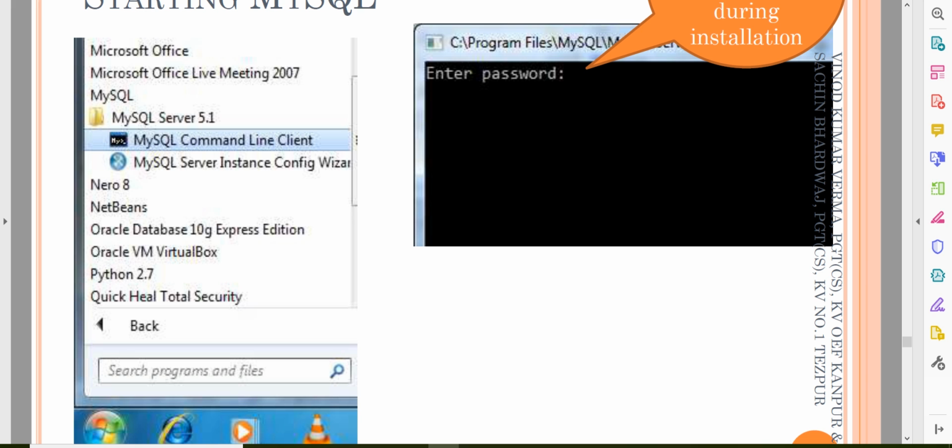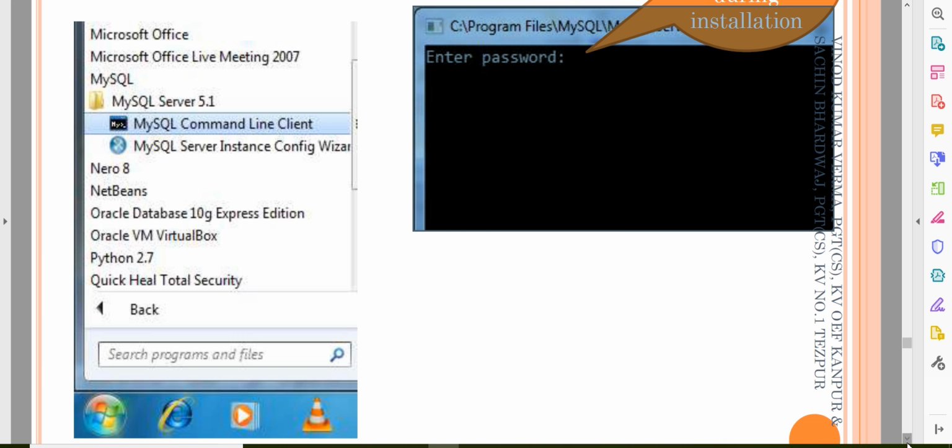But in our MySQL, it will be a blank command interface like this. You can enter your password and you can create everything by using the create query, and then data tables, everything will be created over here. Okay, so this is what MySQL is.